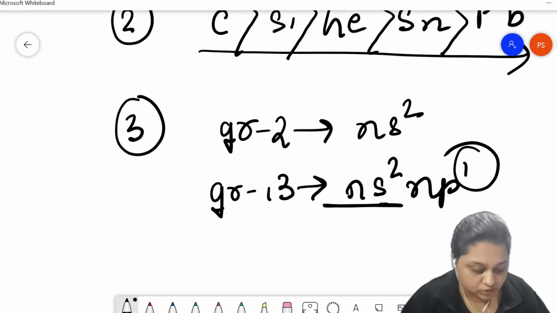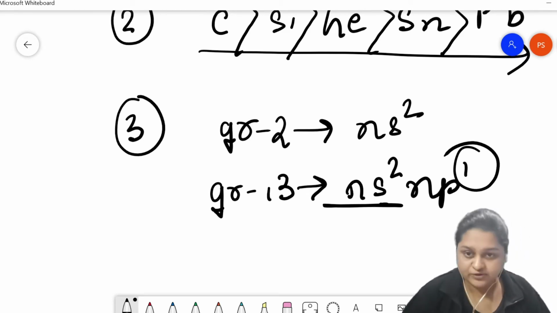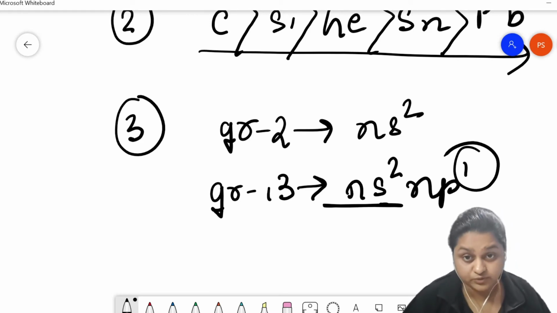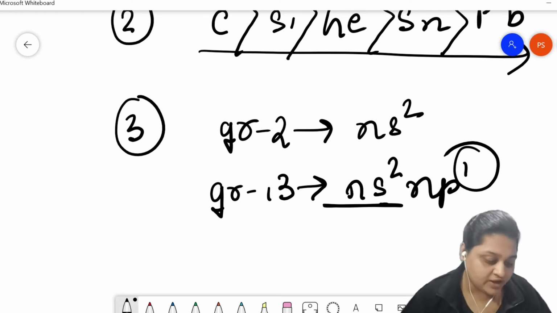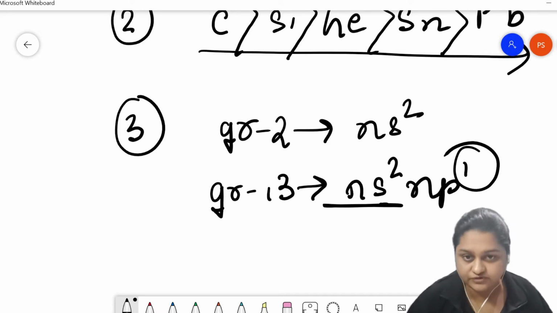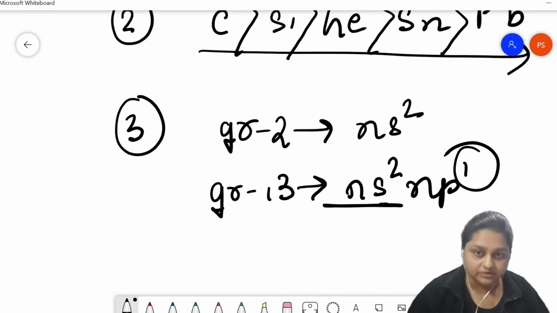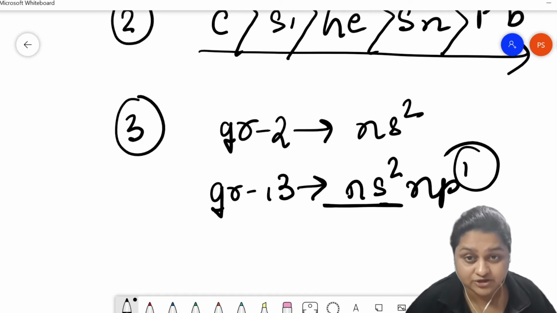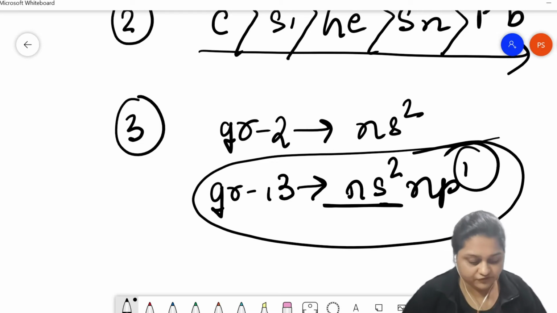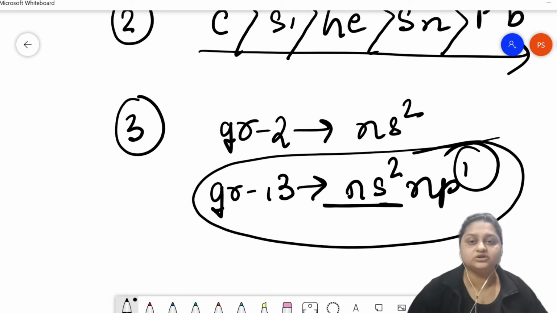Whereas in group 2, during the first ionization, the ns electron is removed, which is already in a very stable, fully filled electronic configuration, and this stability is destroyed due to the first ionization. That's why the first ionization is actually hindered in group 2. That is the reason why the first ionization enthalpy for group 13 is lesser compared to group 2,